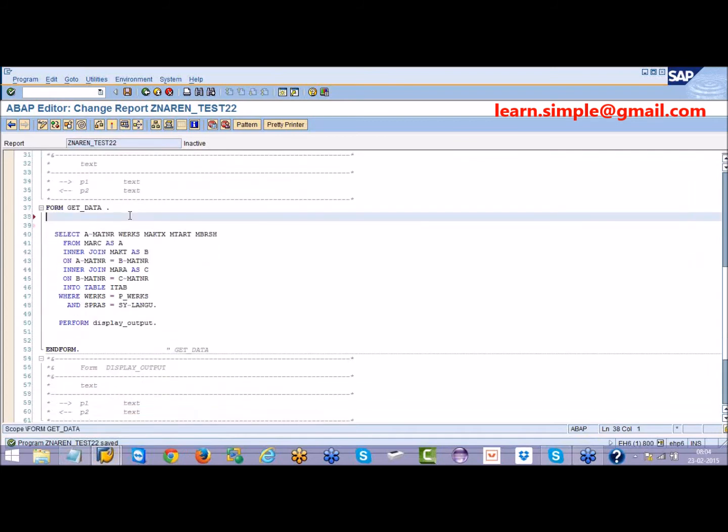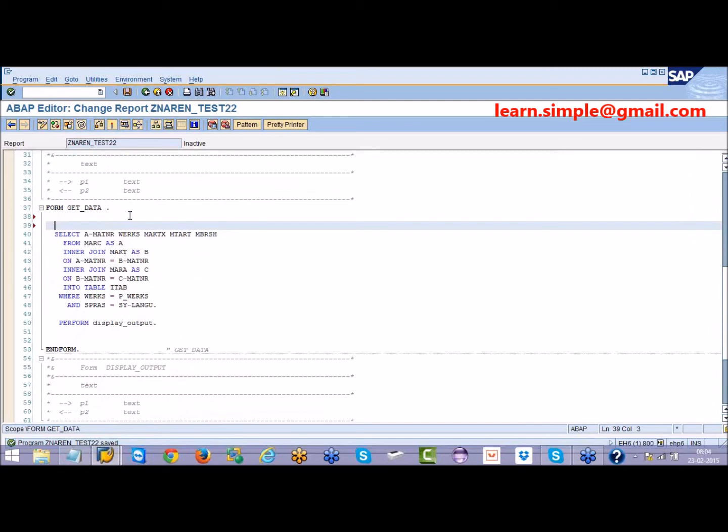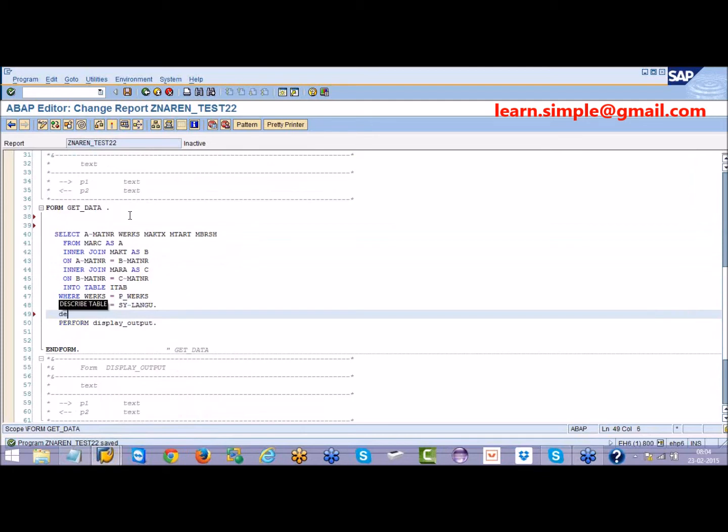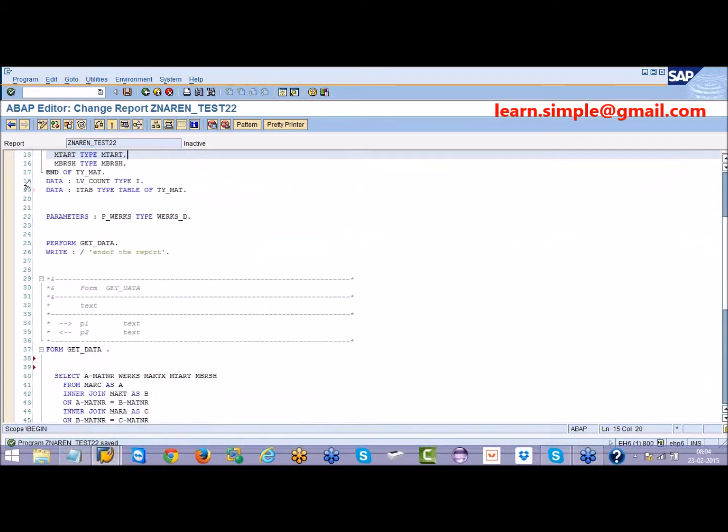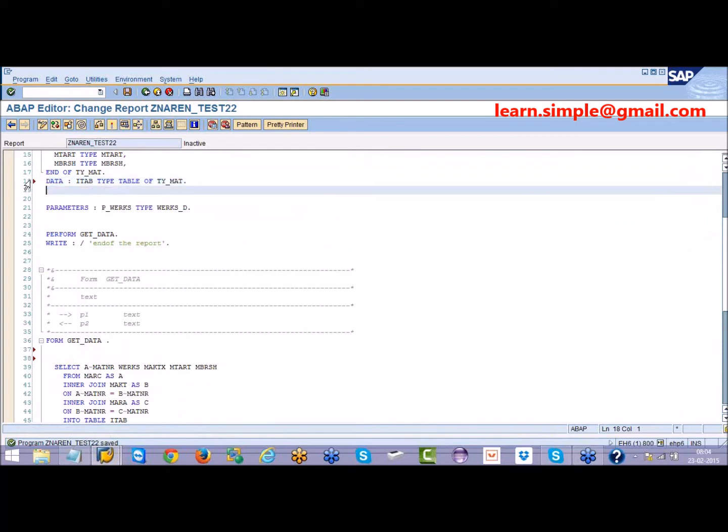For example, here I have a variable. I will say DESCRIBE TABLE itab LINES lv_count. This lv_count I have declared inside this subroutine.